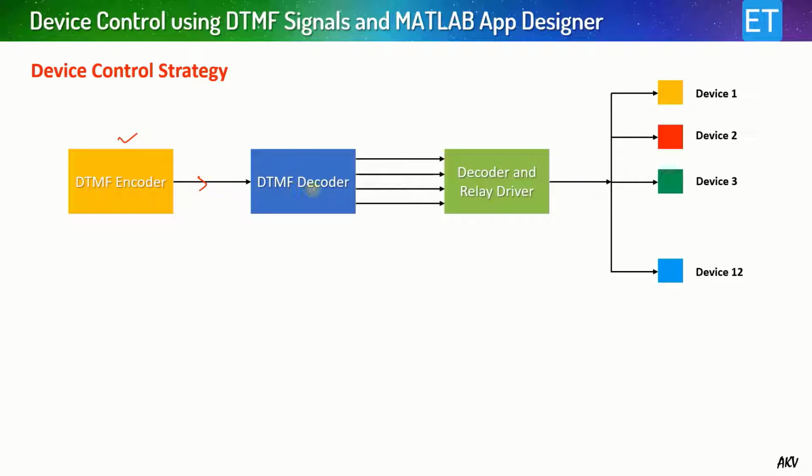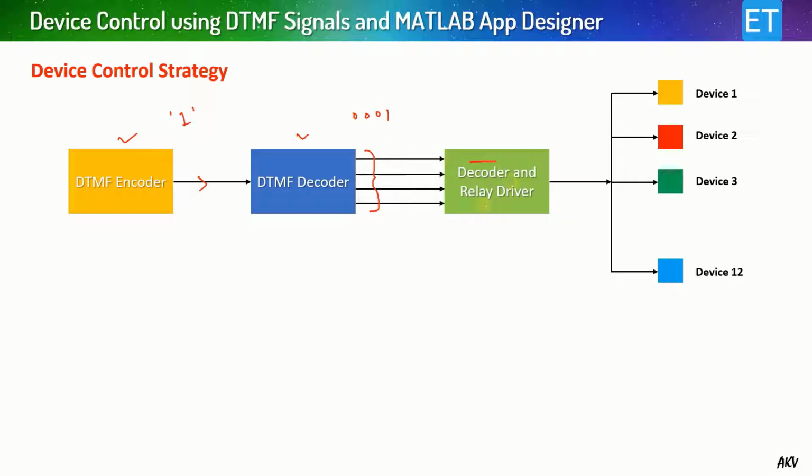And this DTMF decoder will recognize this generated DTMF signal, and it will produce a corresponding 4-bit binary output. For example, if you press key, let's say 1, it will provide you 0, 0, 0, 1, its binary equivalent here. And with the help of this binary equivalent, we can drive a decoder, let's say a 4:16 decoder,